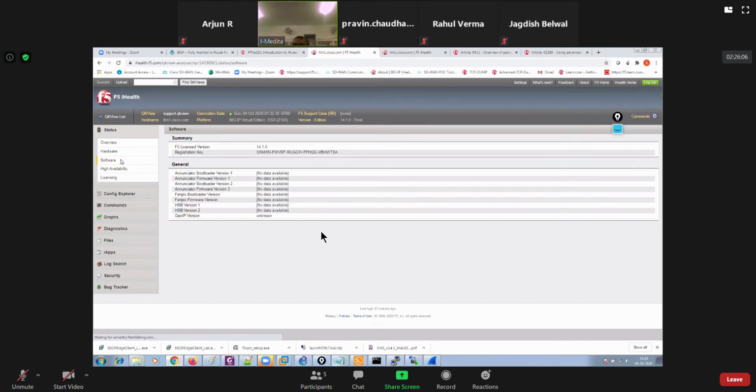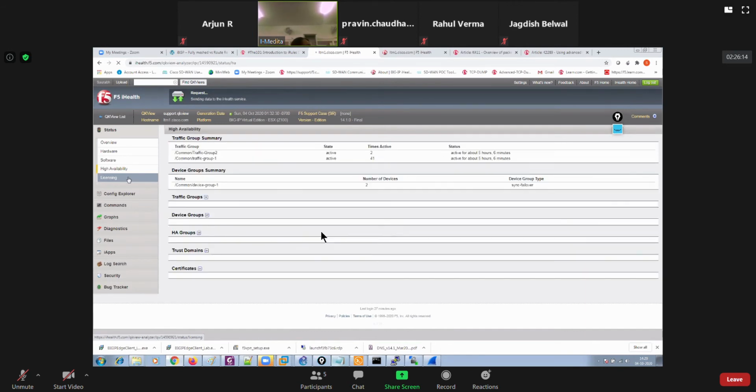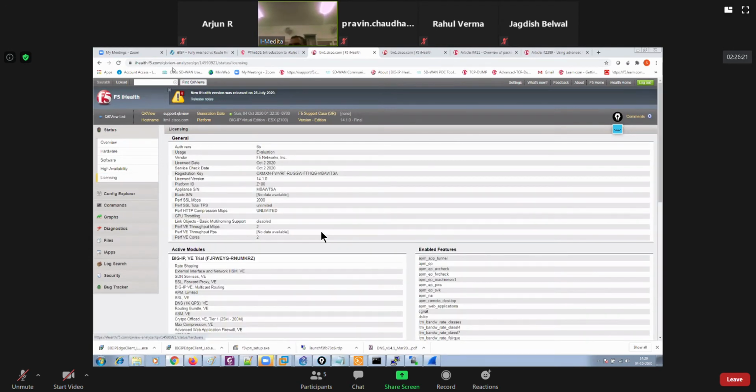So now you can also look at the software related information, the high availability, the licensing, everything you can see under this iHealth portal once you have uploaded the QKView file. And even you can see your host name here, right? So that all looks good. So this is what you can see right over here.